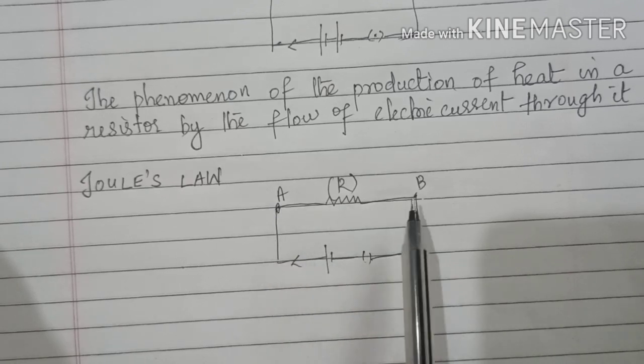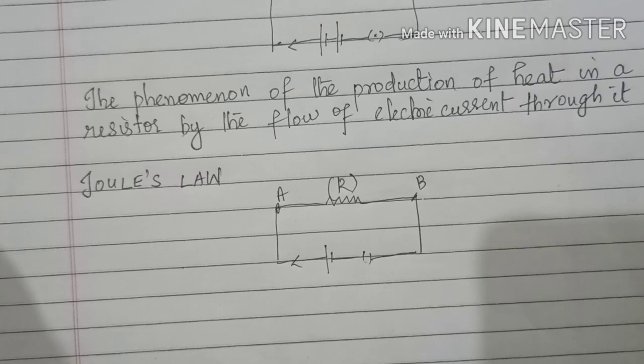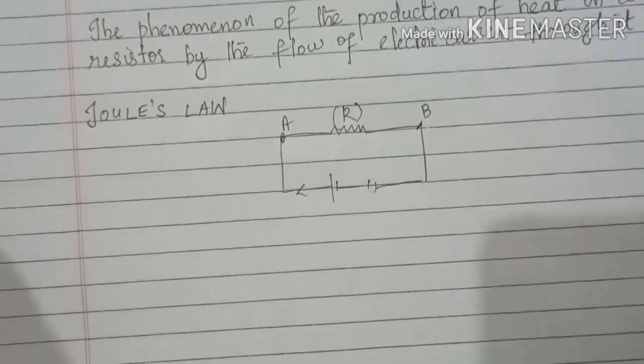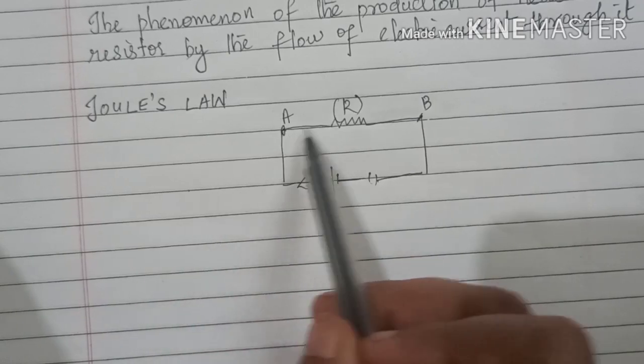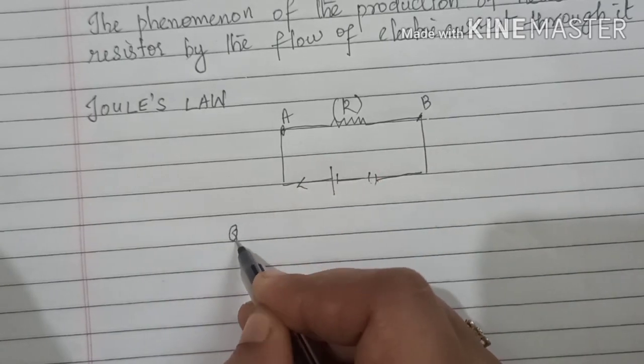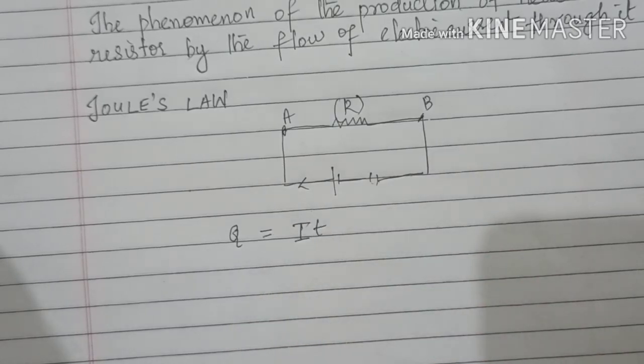It is the work done to move a charge from one point to another. So it is clear that some sort of charge is moving there, isn't it? So let us first write an expression for the amount of charge that flows from A to B. I can write it as Q, and Q is equal to what? I into T. You have studied in your first chapter. Q is equal to I into T, current into time.